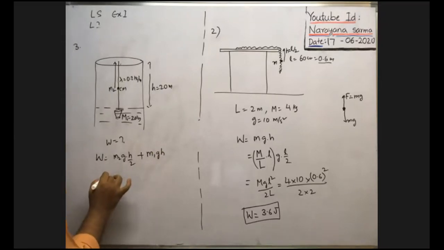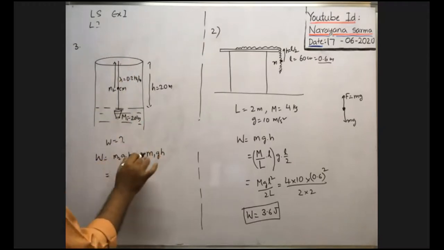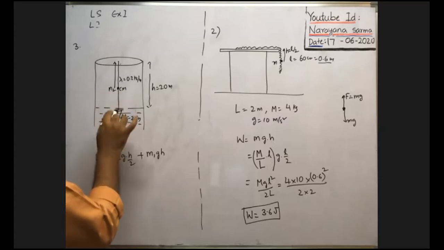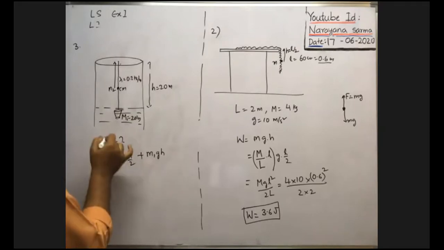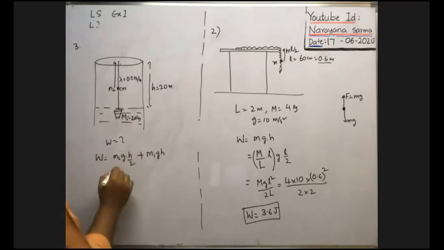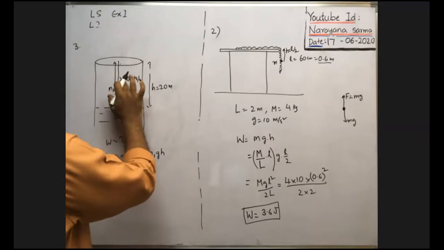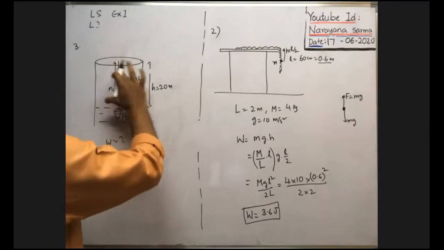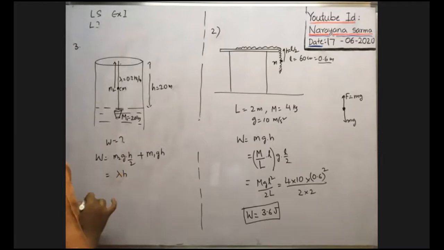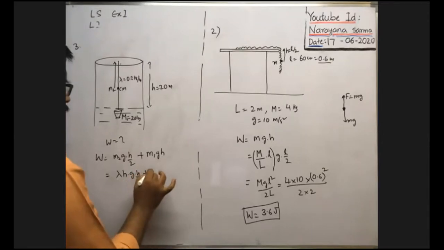Here they ask for work done by the external force, not work done by gravity. Work done by gravity would have a minus sign, because the weights M2g and M1g act downwards and we are lifting the bodies in the upward direction, so negative work is done. Here, what is the work done by the applied force only? M2 means the mass of the hanging rope. Linear mass density means mass per unit length, which is lambda. If the mass per unit length of the rope is lambda, then for this much length of the rope, the mass is lambda into the length of the rope, which is equal to the depth. Depth is the length of the rope, no? So the work is lambda into h into g into h by 2 plus M1 g into h.